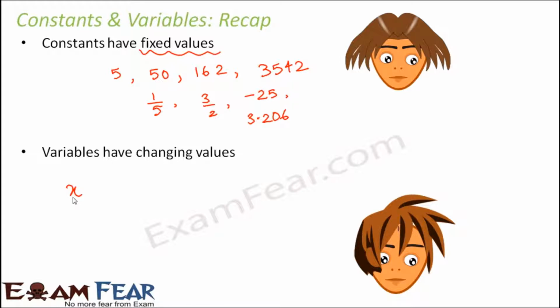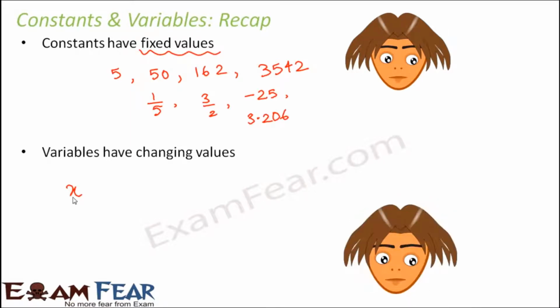So the person is the same, the hair is the same, it is just that the hairstyle and the hair color are changing depending upon the ambience where she is going. When she is going to a party, she has a funky hairstyle. When she is going to a fancy dress competition, she has a very different hairstyle. When she is going to maybe a cool place, a family outing with her family and friends, then she has spikes. When she is going to school, she has a regular haircut. So variables are like that. Depending upon the situations, their values change.